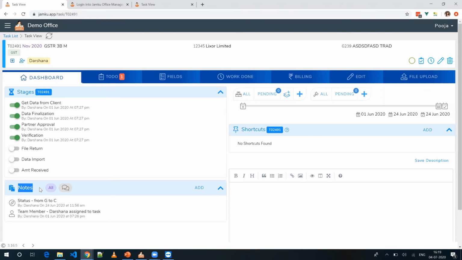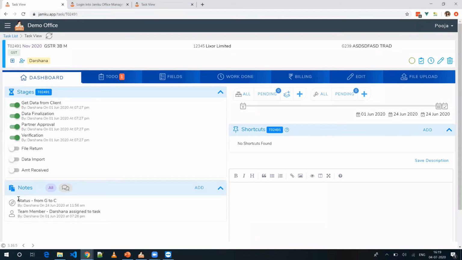Now see, whatever changes you do on any of the tasks, everything will be recorded in that task. We can see over here, team member Darshana was assigned to the task. Who assigned it? She herself assigned herself. That is, it was assigned by Darshana on 1st of June at this time.